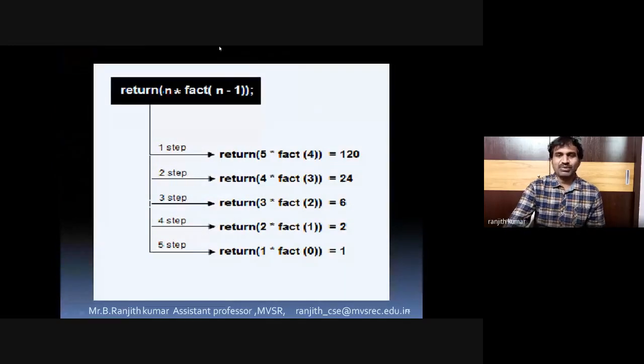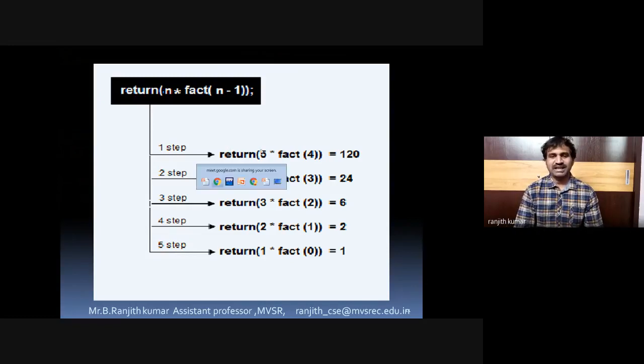So in this example, what we have written, recursive 5 is calling recursive 4, 4 is calling 3, 3 is calling 2, 2 is calling 1, and 1 is calling 0, and you are getting the answer back. So that is about the recursive function used to implement a factorial program.